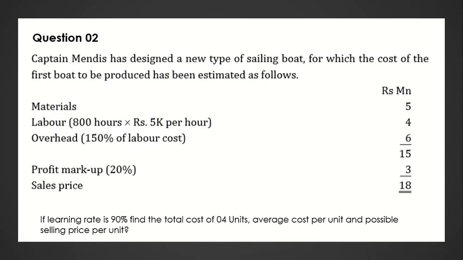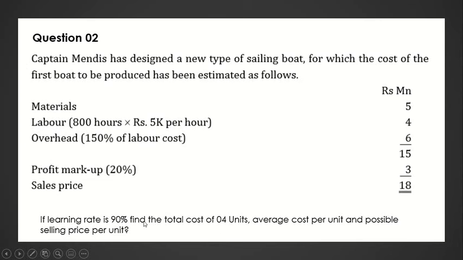If we produce more boats, the cumulative average cost can be reduced because of this learning curve impact. And they have given the profit markup as well in this question. So our profit markup is 20%. So 20% on our cost will be added and our selling price will be decided. So in this example, the first boat's cost is 15 million, markup 20% added, and our selling price decided 18 million. Now our question, if the learning curve is 90%, so here they have given a constant percentage and they